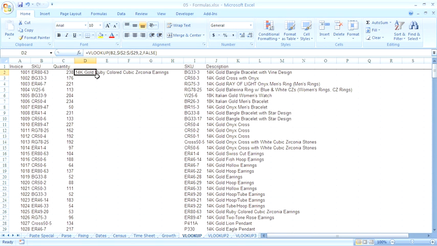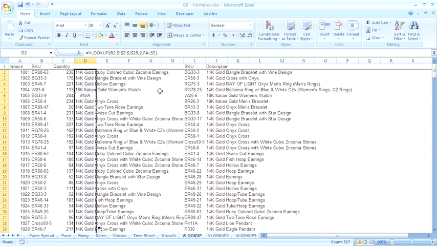Worked perfectly. I'll double-click to copy down, and most of the time, it worked. However, in row 6, there's one value that's returning an NA. That's strange. I wonder what's going on. Maybe BG33-9 is a brand new product, or maybe someone miskeyed the product when they were entering the invoice. I can see on the right-hand side that BG33-8 is there. I could probably make some calls and see if that's really what the customer bought. If I change to the correct SKU,